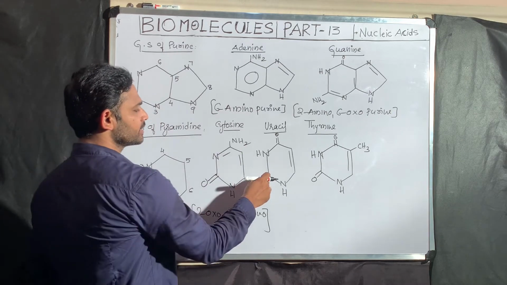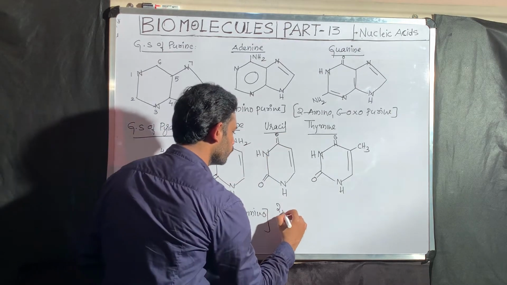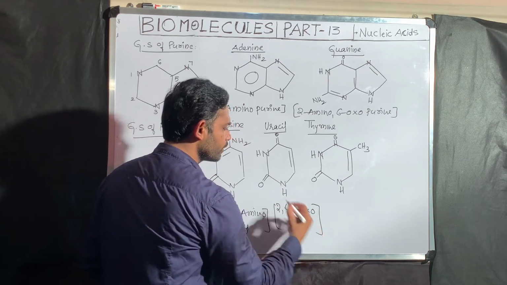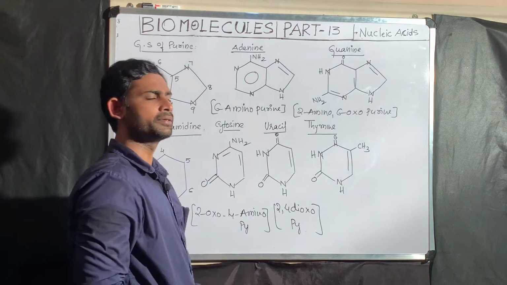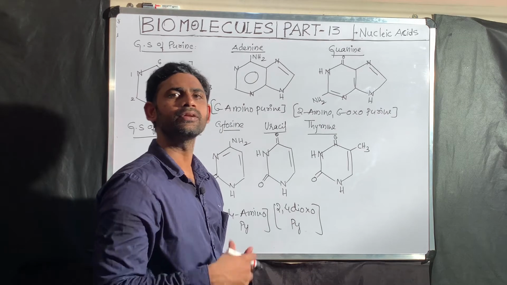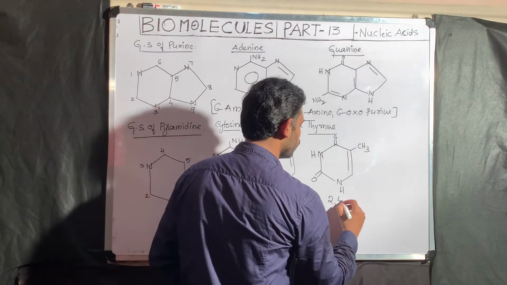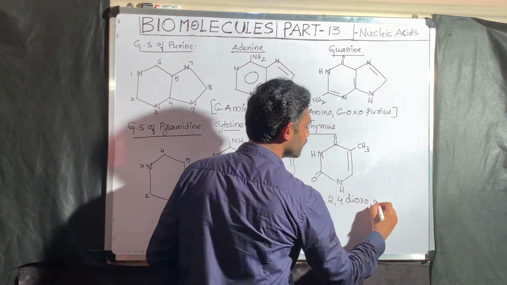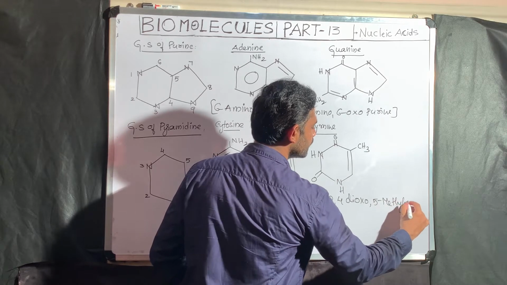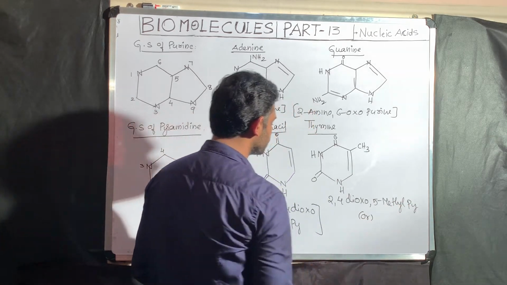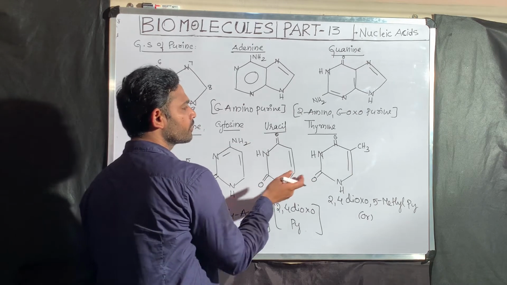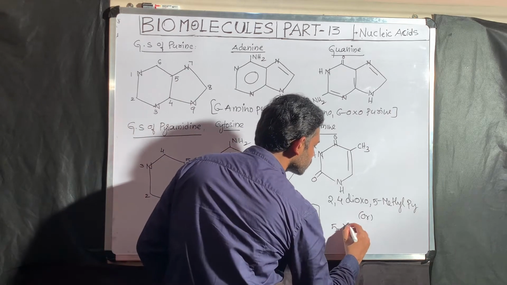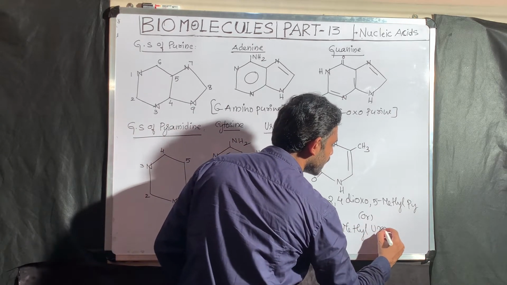Take the uracil. This is a 2, this is a 4. 2,4-dioxopyrimidine. That is uracil. Now you take the thymine. Thymine's name we can write in two different ways. First one, 2,4-dioxo. Okay, this is which position? Fifth position. That is a 5-methyl pyrimidine. You can observe the structural difference between uracil and thymine. The only difference is the methyl group. That is why thymine is also called 5-methyl uracil.